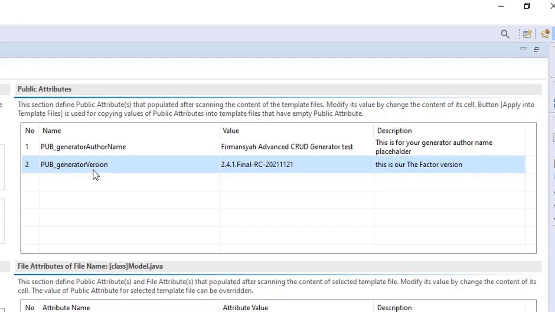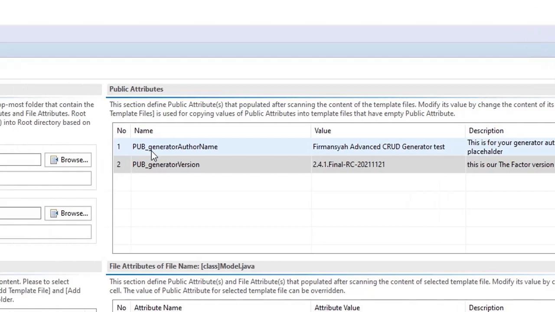The simple rule, if you want to add an additional public attribute, is that you need to use pub as the prefix of the word, and then an underscore.